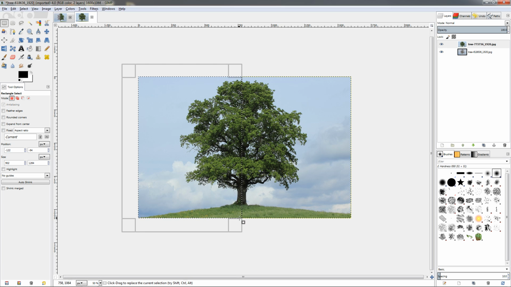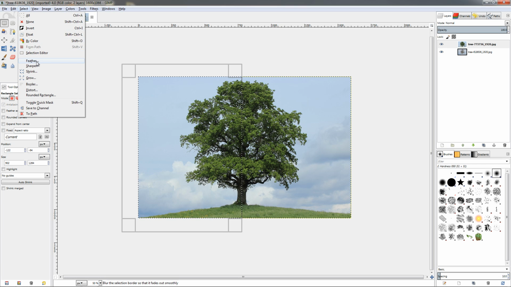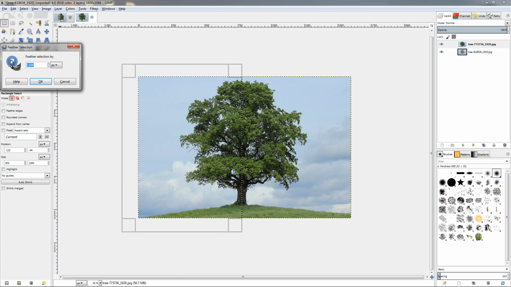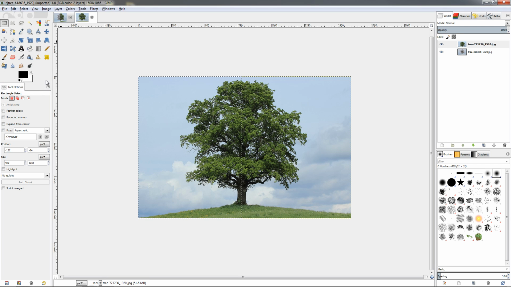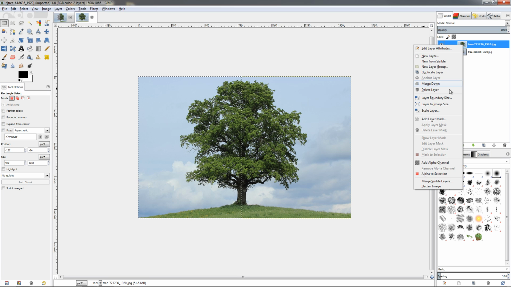Once I have selected this, I'll go to the select menu, feather, and now enter 100 pixels. Now this works good for this image, but if you have, for example, double the size of the image, you may want to enter 200 pixels, or you may want to even experiment with this number. It doesn't have to be 100. Then click OK. Then I'm going to right click over here and add a layer mask